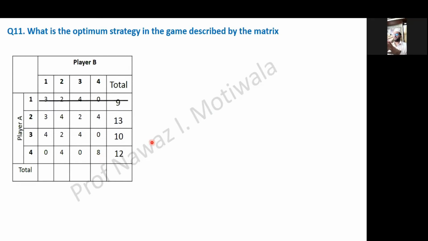So now we will shift our dominance rule to the column section. Let us start with column wise. So for column wise also we need to take the total first. So I have taken the total of the remaining ones. There was some doubt with some of the students about which total we should take. So total of only the remaining ones, because the first strategy is already cancelled out. So that will not come into account while calculating the total. So I remain only now with three strategies.